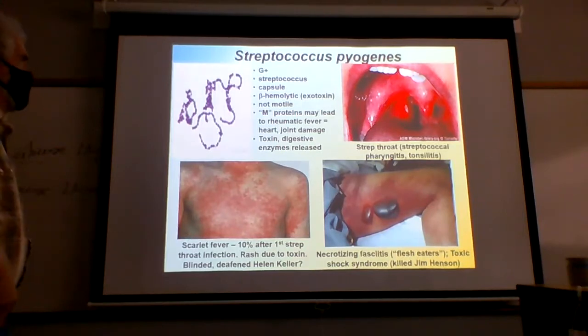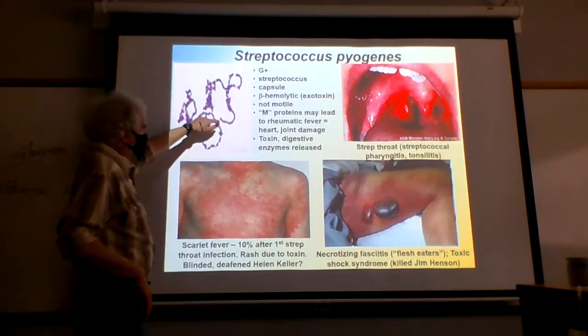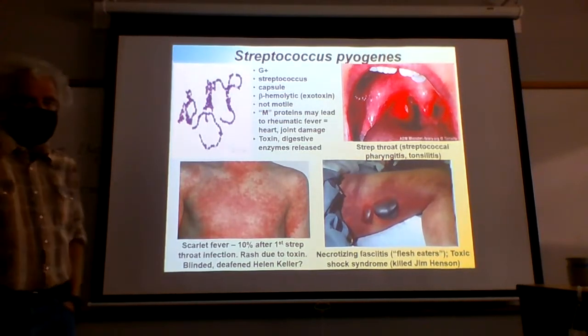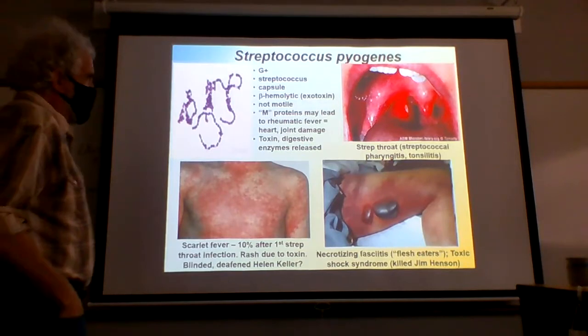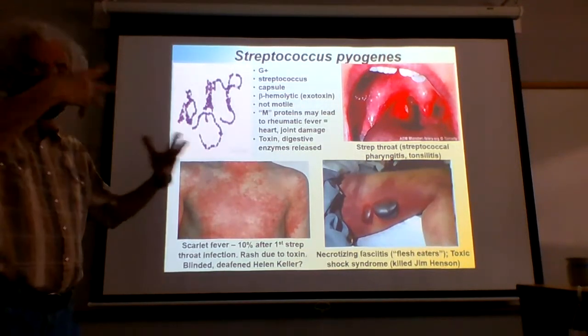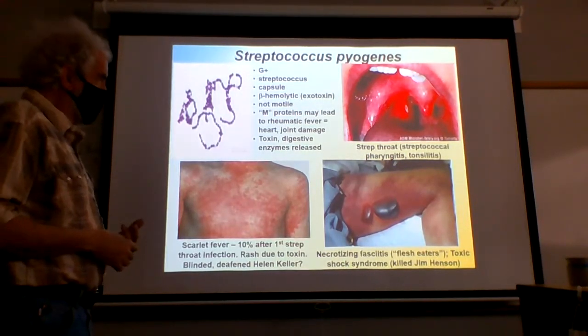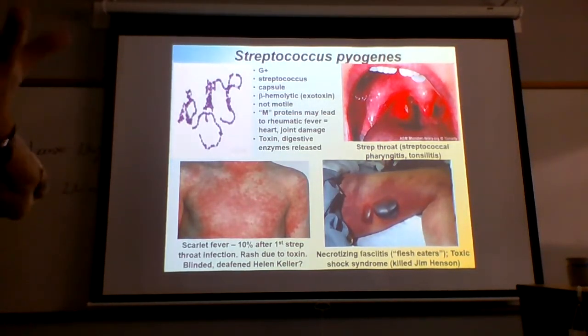So, strep is a streptococcal bacterium, which, if you remember, means it's a chain. And it is gram-positive. It's got a pretty hard candy coating, a capsule on it. It is secreting an exotoxin. It is not motile, and it also has a variety of proteins that, if the infection continues, can lead to a variety of different inflammatory problems, rheumatic fever, some of these are terms that have been used for a very long time.